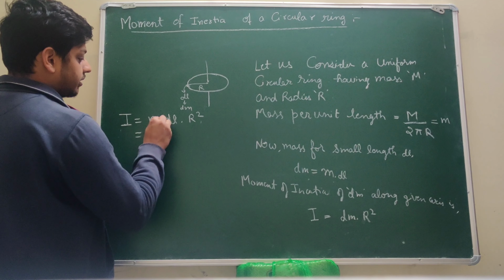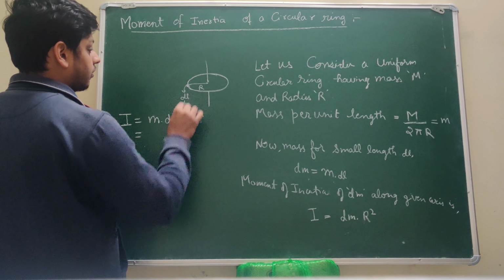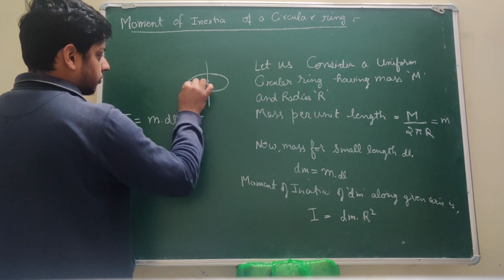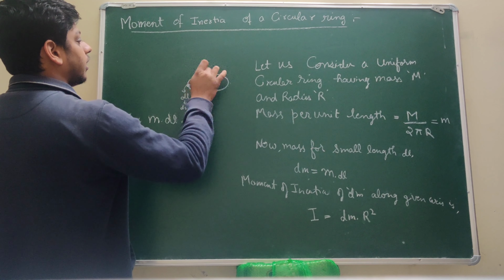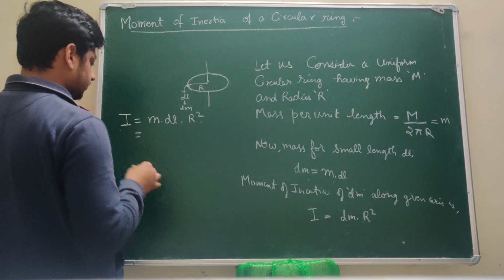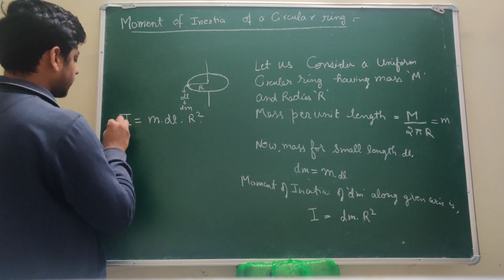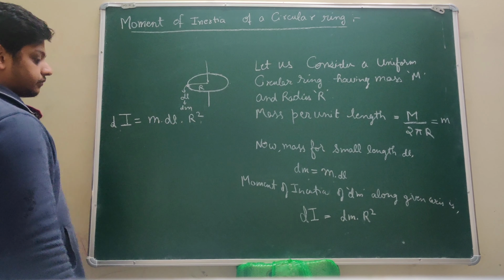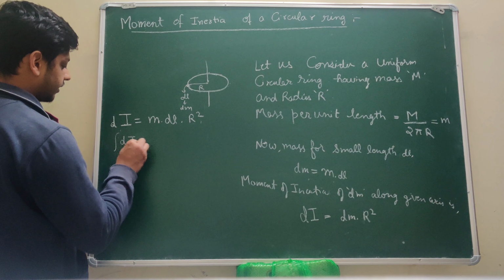Now m is a constant quantity and r square is a constant quantity, and now see, if I sum all the small masses over the whole ring, then I can find out the moment of inertia of the whole ring along this axis. This is the moment of inertia for the small mass, so I can write it as dI. So the integration of dI,